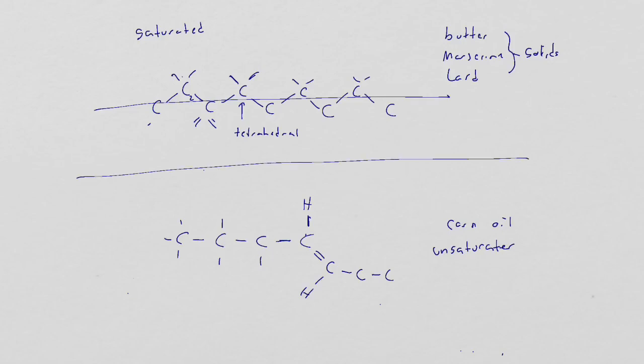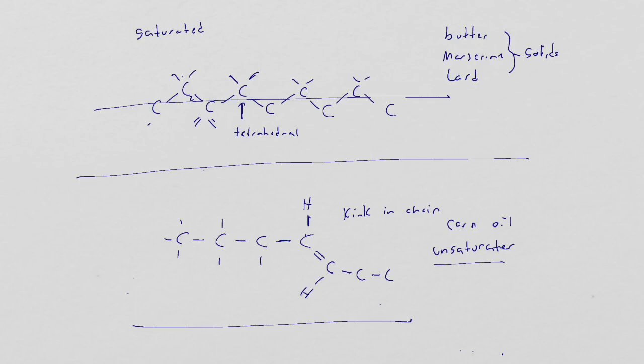Unsaturated fats, on the other hand, have at least one of these double bonds. And what that does is cause almost like a kink in the chain. And what that means is if I have another one right here, it can't line up right next to it. It can't get close to it. And what that means is, in order to turn corn oil into a solid, since the IMFs are weaker, you have to get to a lower temperature. So unsaturated fats